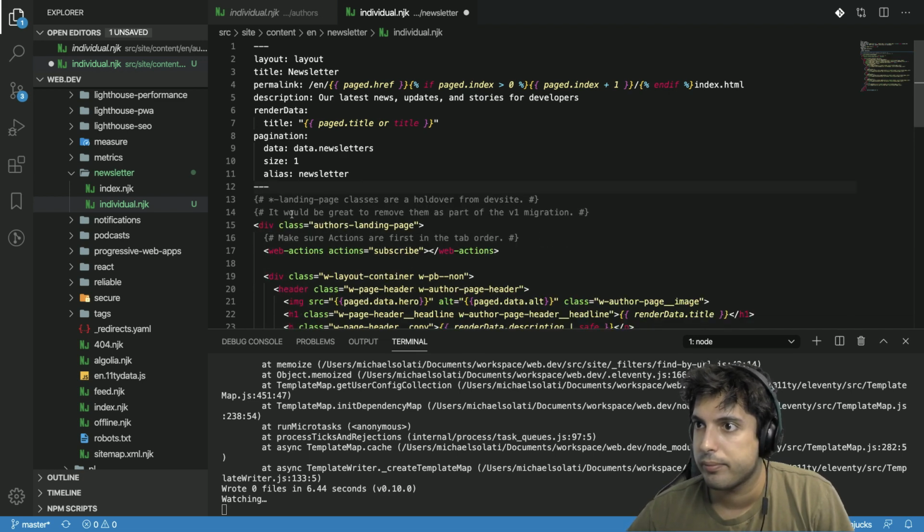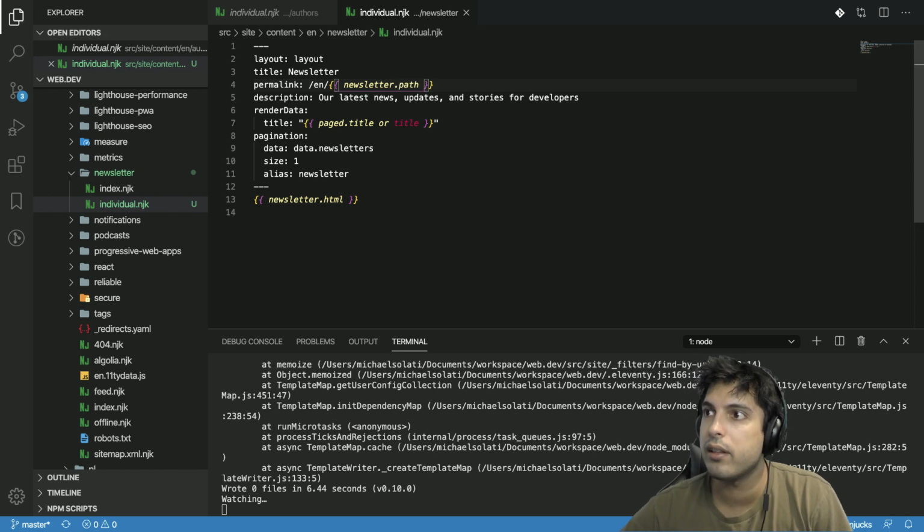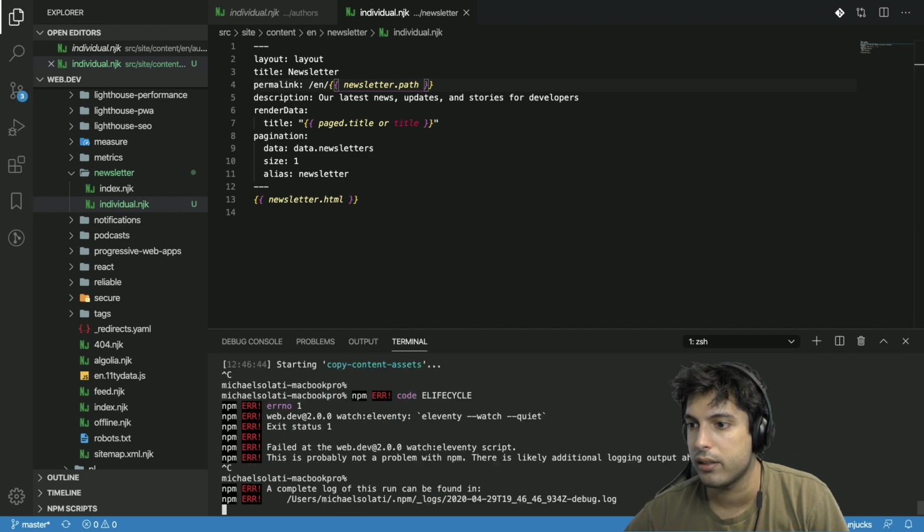All right, so now what we should be able to do is use that newsletter alias, which is just the individual object from the iteration, and dump the href off of it. Actually, not the href, the HTML. And the final thing I'm going to do here is use the HTML that I want. So this also comes from the newsletter object, and we'll use path. So we'll save that. I'm gonna kill the server